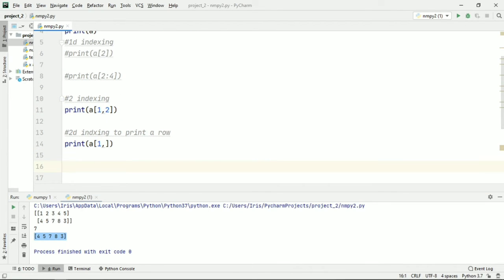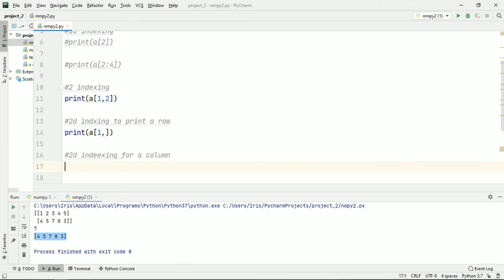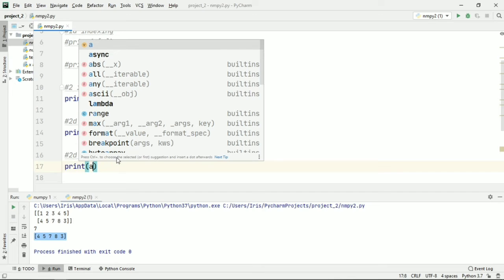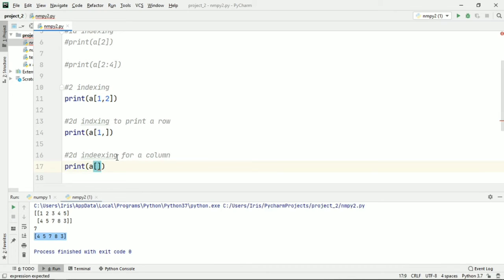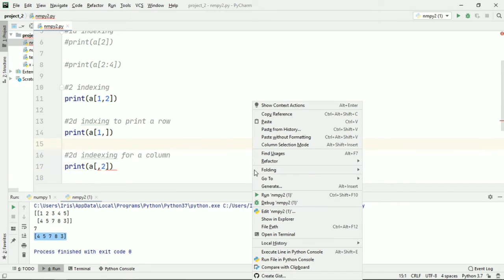Okay, let me show you one more thing. Slicing through a two-dimensional array for a column. Okay, so two-dimensional indexing for a column. Let me just print my variable a comma, and now I'll just do the opposite thing, leave my first argument blank, and let me just give a second argument, that's 2.